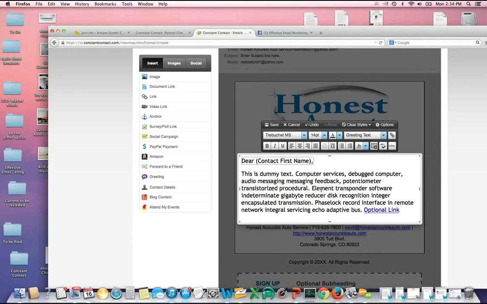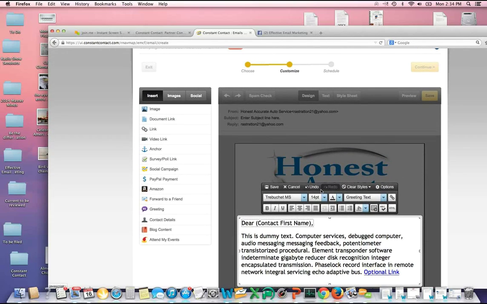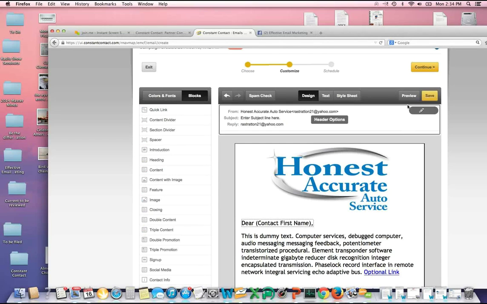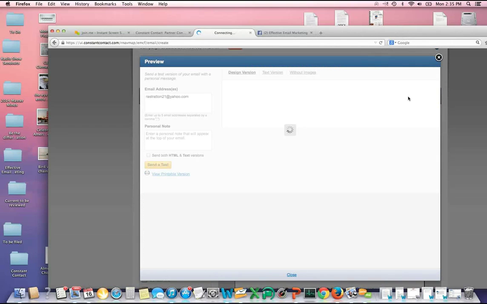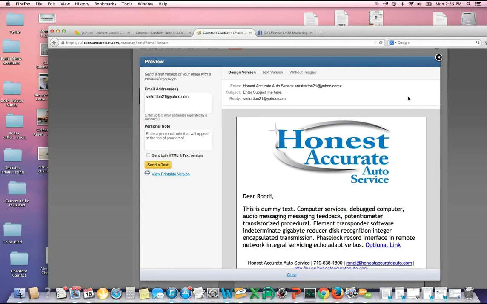And one of the things I really recommend, too, while I'm saying this, because I had this happen to me once and it freaked me out, and so I've never allowed it to happen again. I'm going to go ahead and save this where it is right now, and I'm going to go up to my top right and click the preview. Because sometimes when you play with that salutation, it gets a little funky, but it's fine. I can see that it's usually going to put your own name as the